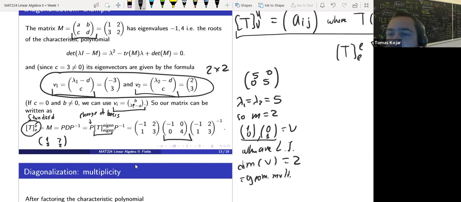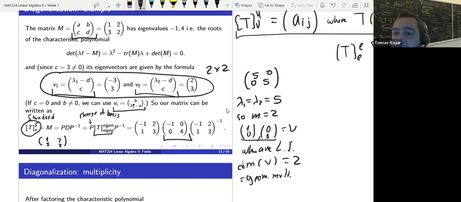Will it be worthwhile to remember formulas like that? Yes, I'm sure you remember how painful it was to compute eigenvectors. I think this will save you time because it's pretty easy to remember, right? For V1, you put lambda 1 and then it's D, C. And then same thing for V2. I think it saves a lot of time.